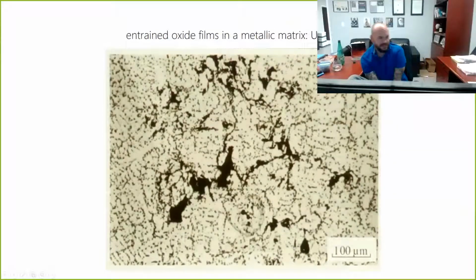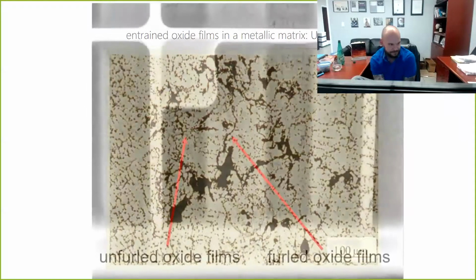Now, this is the same thing, but this is the beginning of what would be called visual porosity or obvious porosity or gross porosity. And you can see in this situation, these are unfurled oxide films or unfurled bifilms. So these are oxide films that were in liquid metal long enough that because of pressure change on solidification and a long solidification time, gas is being ejected during the solidification process, diffusing into the air that's entrained within that oxide film, starting to unfurl them when we get open, visible cracks inside of your casting.